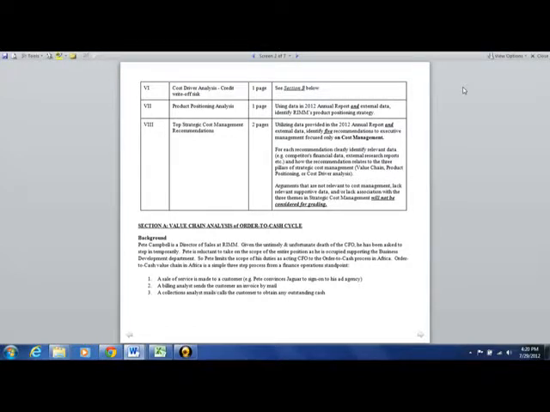So please also identify it to one of the 3 vectors, so value chain analysis, product positioning, or cost driver analysis. If your argument is not related to cost management or lacks the supportive data, it will not be considered. So, again, if you're going to make a claim, try to support that with some data that you found somewhere on the internet. And as always, please be sure to cite all your data sources.